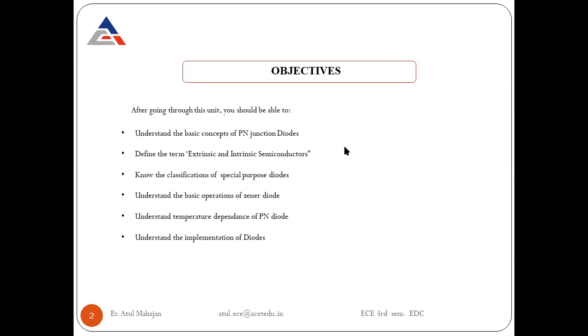Normally a low amount of current flows inside the reverse bias, and a huge amount of current flows inside your forward bias. So in the case of these special purpose diodes, especially the Zener diode, it works in the reverse bias because it acts as a voltage stabilizer. So it is working in the reverse bias, and it is termed a special purpose diode. Similarly, other diodes like LEDs and LCDs are also termed special purpose diodes, or the photodiodes.